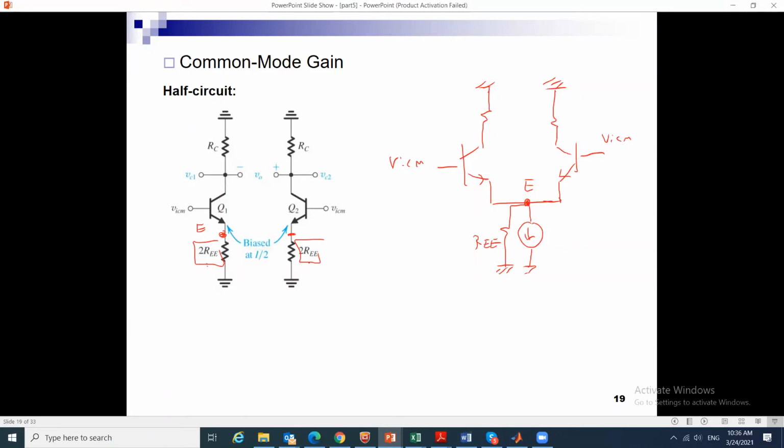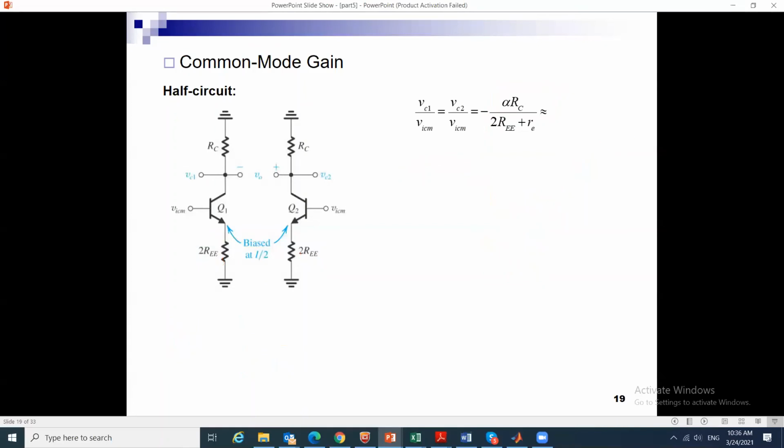And now I can find the common mode gain. It is simple. VC1 over VICM is minus alpha RC over 2 REE plus RE. Okay, so this is the gain for this circuit, like we just derived before, and so the common mode output is 0 if the inputs are equal to each other, and we will continue next time. Okay, let me flip now to the